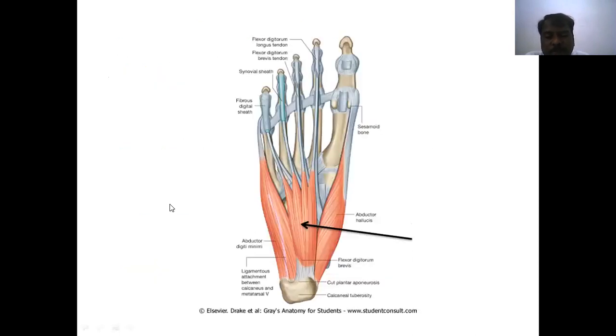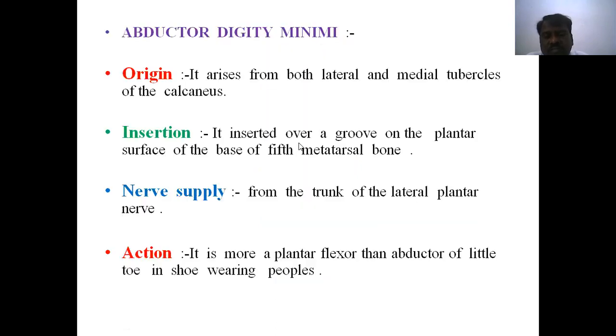See this, this is the middle one. After removing the central part of the plantar aponeurosis, we can identify it also takes origin from the medial tubercle, then goes to reach the middle region, the metatarsal region. We can identify the four tendons. These four tendons go to reach the base of the proximal phalanx. Action is the plantar flexion of the metatarsophalangeal joints.